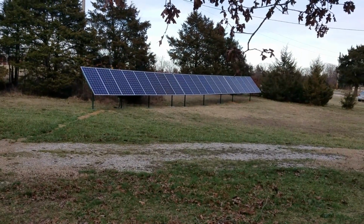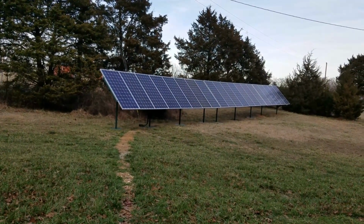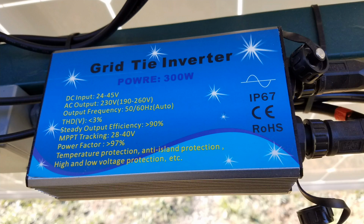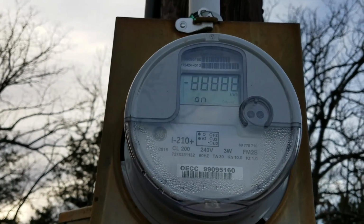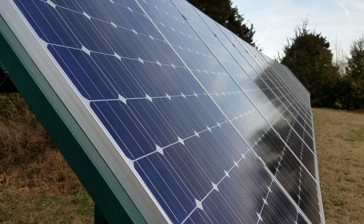So it's been a while since I recorded the last video. I began having some problems with those Chinese inverters. They were about $70 a piece. This is a shot of the Chinese inverters. There's a close-up of one of them. It's kind of a no brand name inverter, and they sell for about $70 a piece. And so I was having some problems with them. They continued to fail,